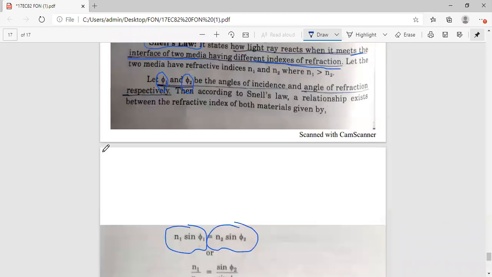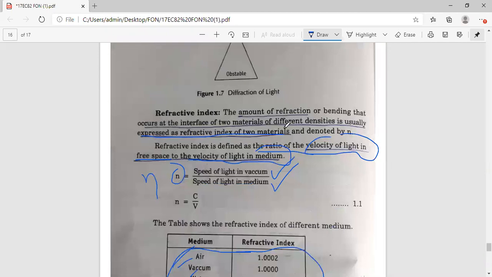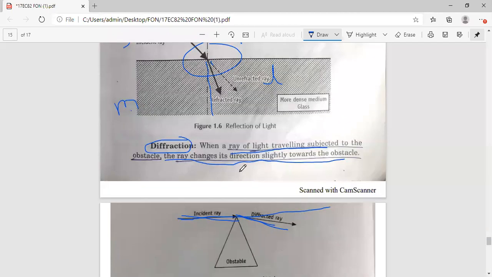Hope these basics are clear to you. Please go through them: reflection, refraction, refractive index, and Snell's law. These are the four things you should know. At least slightly you should know how they are defined. Okay, so next we will be moving to the